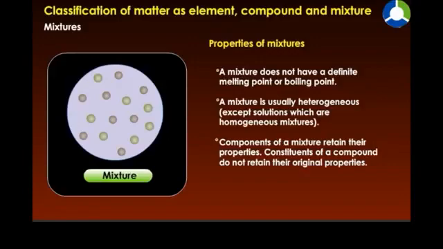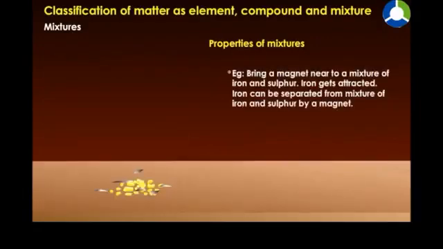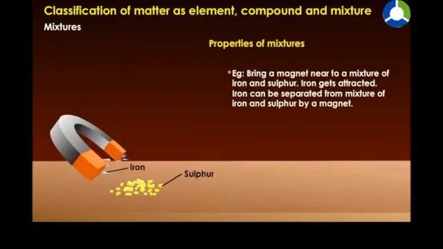Components of a mixture retain their properties. Constituents of a compound do not retain their original properties. Example, bring a magnet near to a mixture of iron and sulfur. Iron gets attracted. Iron can be separated